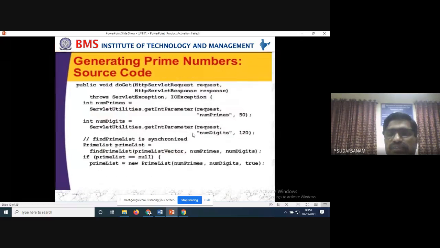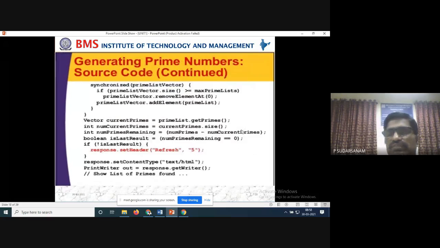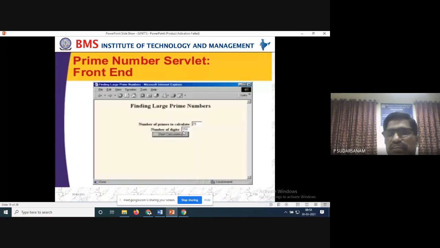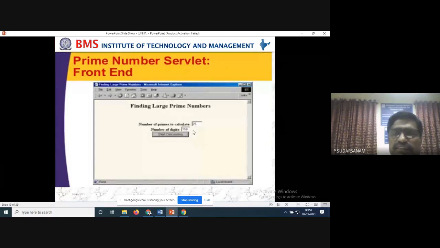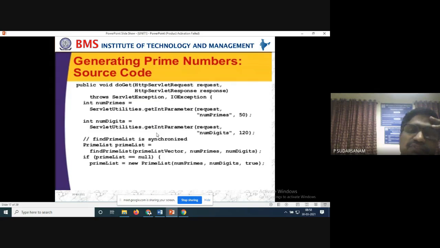One more example we have taken here, 50 and 120, because I took a different screenshot. Once you enter 50, here also 50 only should come, and this one is the 50 and 120. Here I have entered 25 and 125, a different number. You can enter the same thing only. So that is the example, a way of working.